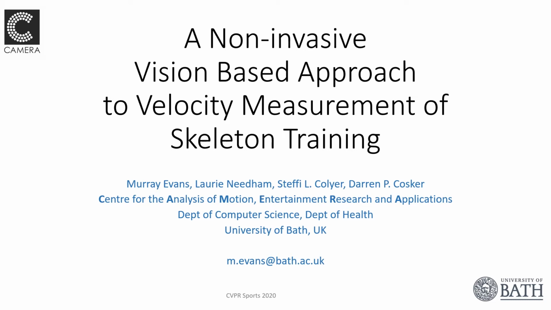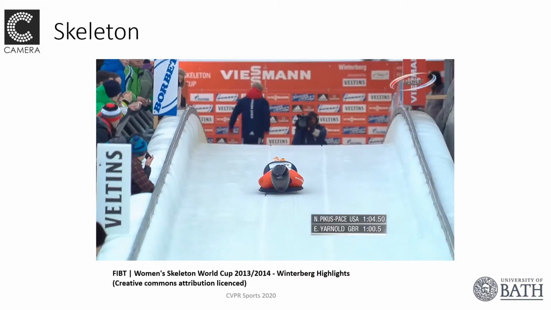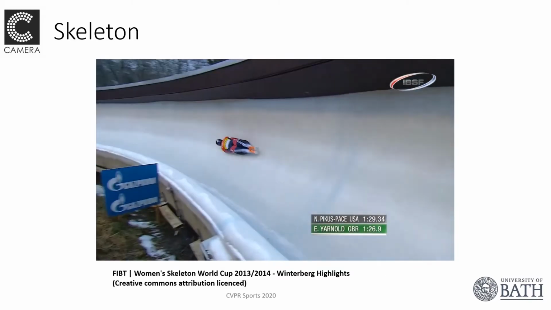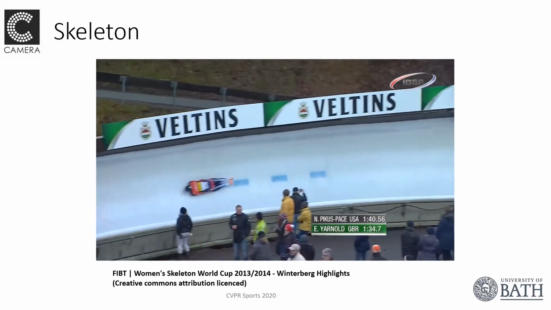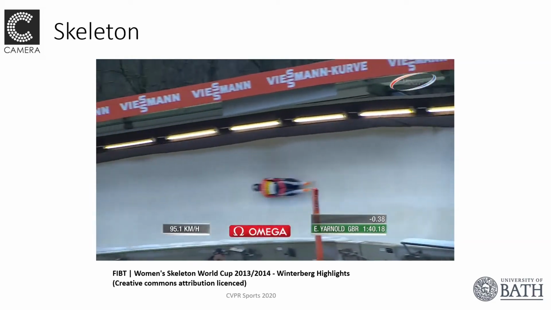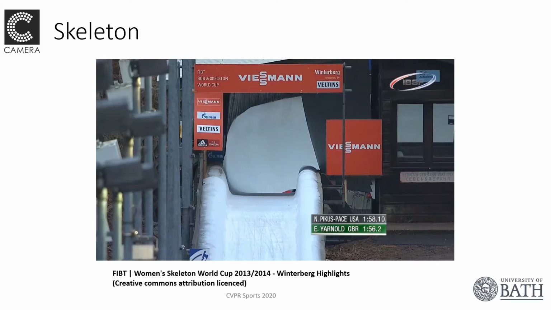This paper presents a non-invasive, vision-based approach to measuring the velocity of a skeleton athlete during the critical push-start phase of their run. Skeleton is an Olympic winter sport in which an athlete rides a sled head first down a twisting course of ice. It is closely related to the sports of bobsleigh and luge, and as with those sports, the overall performance of the athlete is greatly affected by how much speed they can produce during the initial start